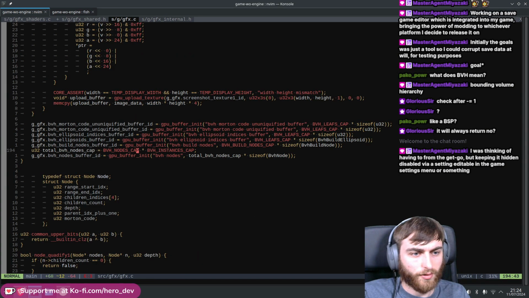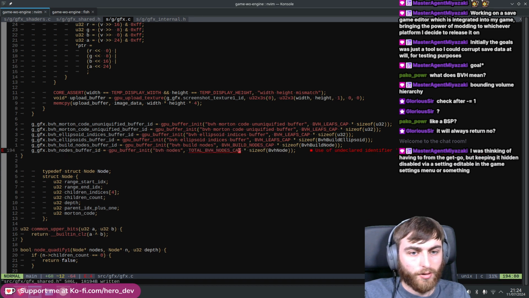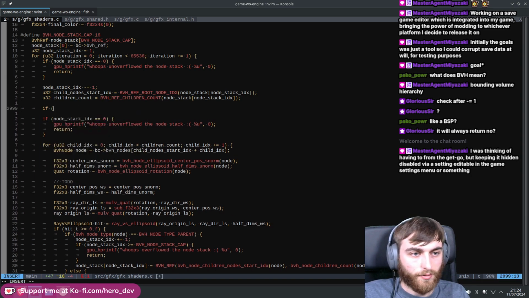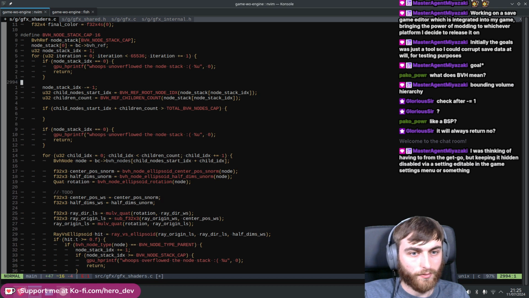Right, so that's also another constant now. And voila. So we can now put that in the shader, basically. We can now just say, well, if it is greater than the number of nodes, then we've clearly